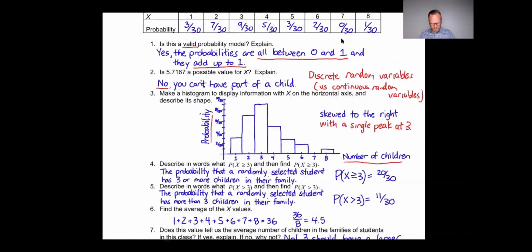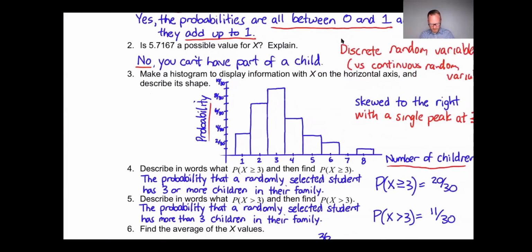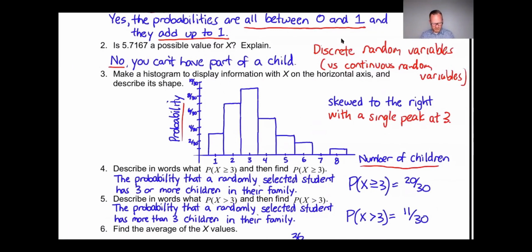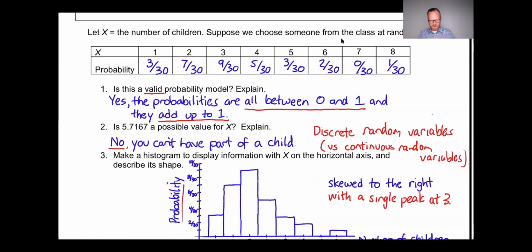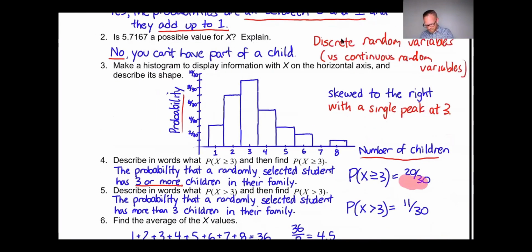Okay, let's move to question number 4. The probability that x is greater than or equal to 3. Well, that is the probability that a randomly selected student has 3 or more children in their family. So when we say 3 or more, that's 3 or 4 or 5 or 6 or 7 or 8. So up here, we would say 3 or 4 or 5 or 6 or 7 or 8. We could add all of those probabilities together, and sure enough, you're going to get an answer of 20 out